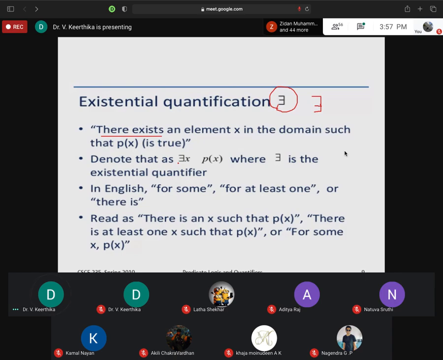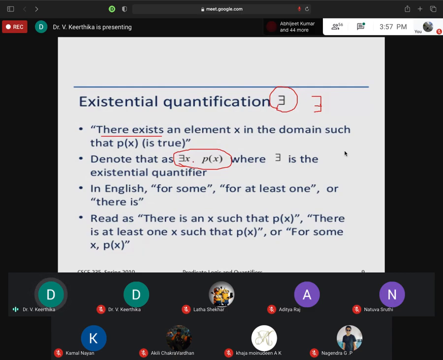How can I read this? See the difference between these two. Same thing, I'm using the same predicate. There exists an element x in the domain such that P of x is true. Otherwise you can simply say for some value of x.